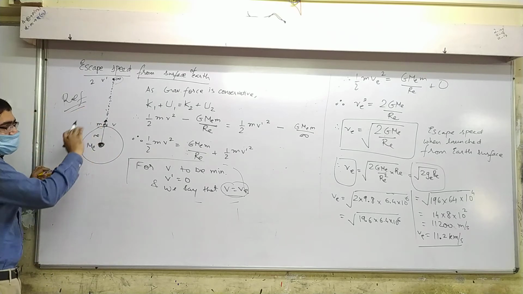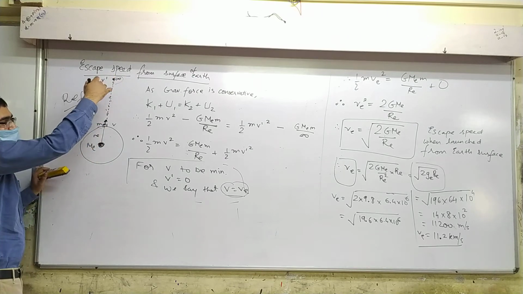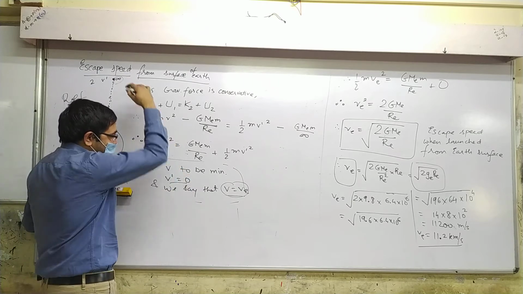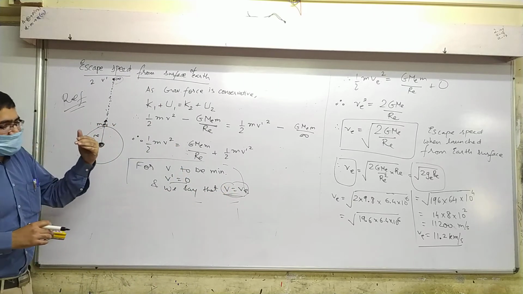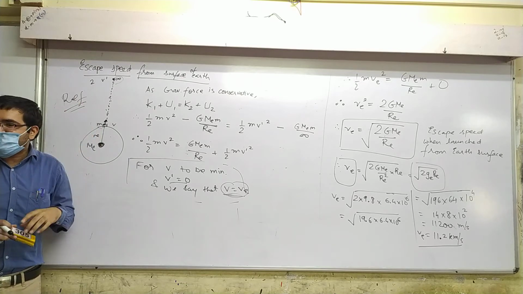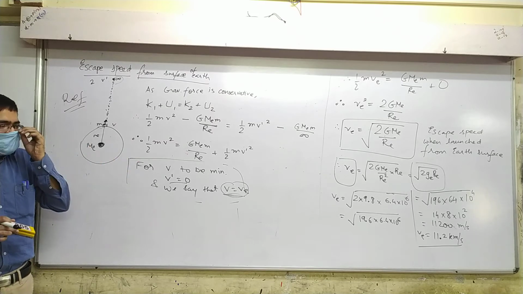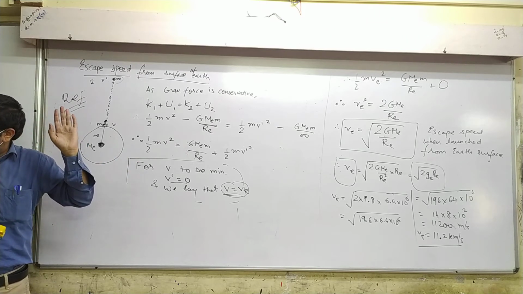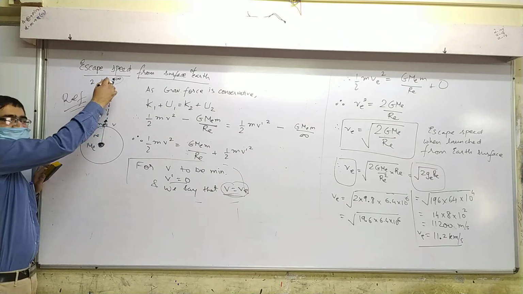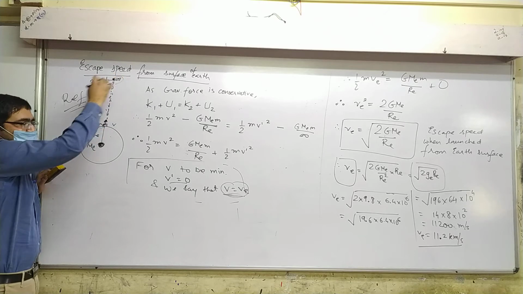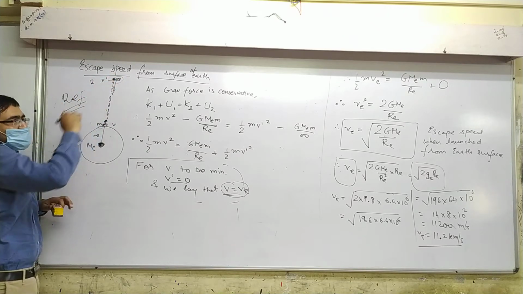Okay, have you understood the whole derivation? It's like we throw from here and it should reach infinity, and the minimum speed given is such that the final speed is 0, so you get V. So what I was saying is that suppose you throw at speed 12 kilometer per second, then will it come back? No. I need a minimum value. At 11.2 km per second, this will go all the way to infinity. It will stop at infinity, and then it will start coming back towards Earth.